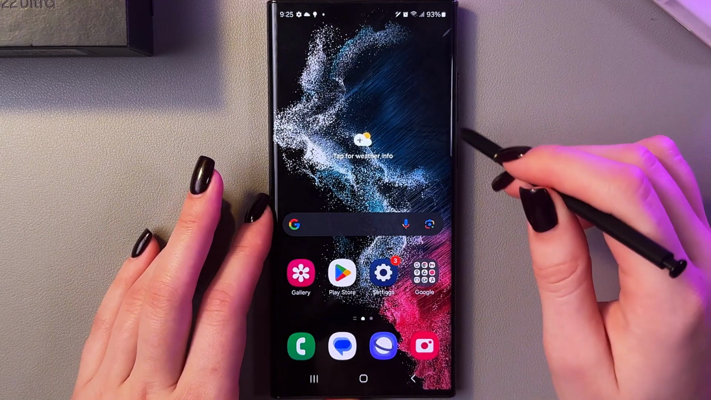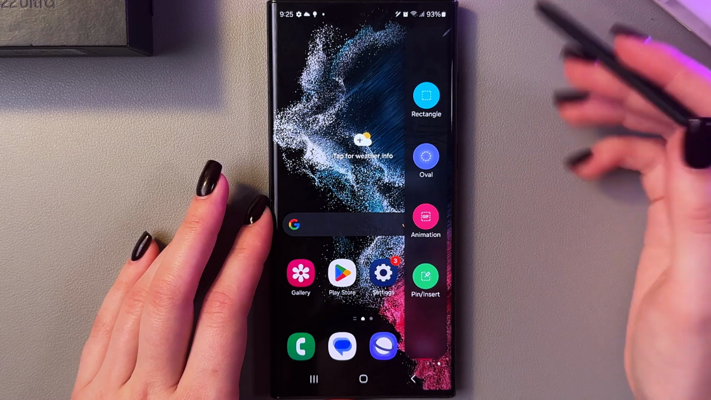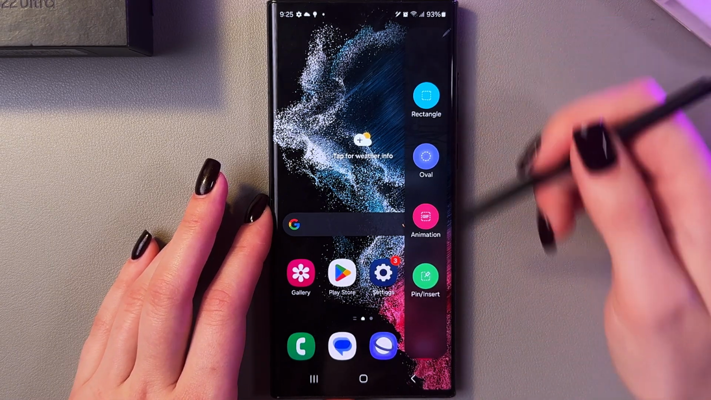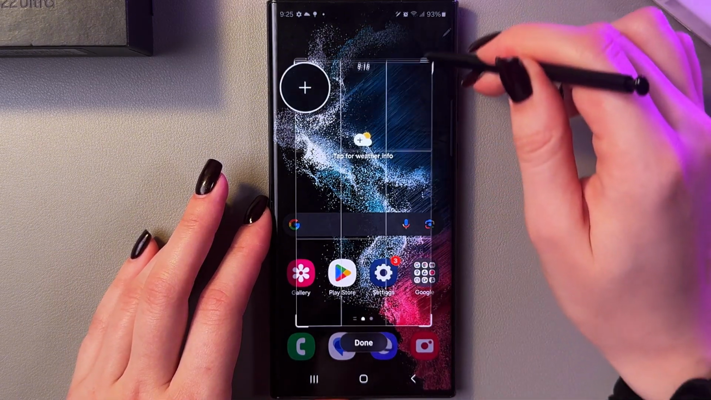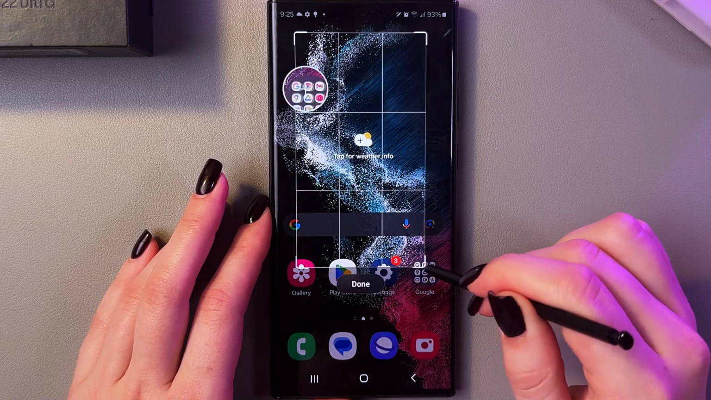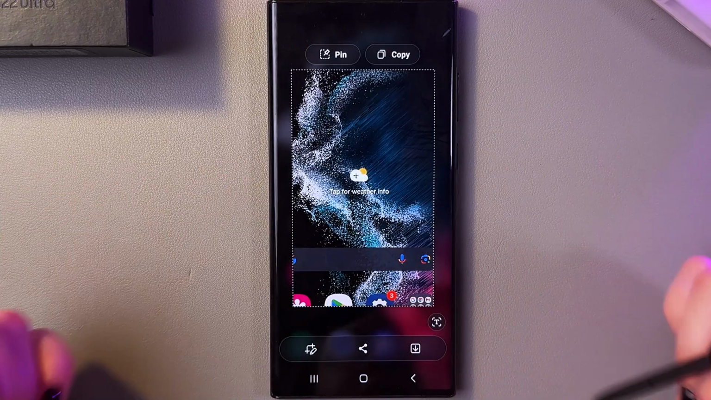So how to use it? You just need to swipe left till you find your Smart Select tab. Here it is. And now simply choose one figure from the list. For example, let's choose rectangle. Here we can adjust the size. We can just drag the corners, and when you are done, tap this down button and you can see it